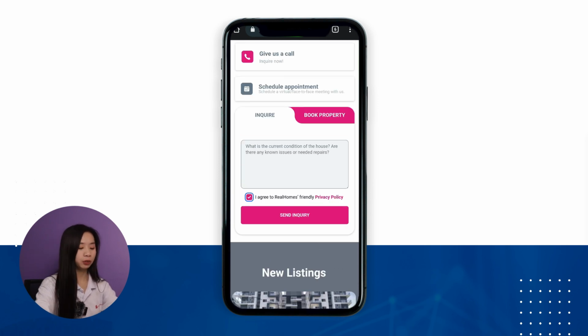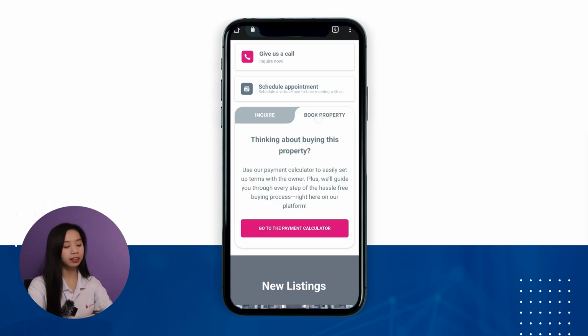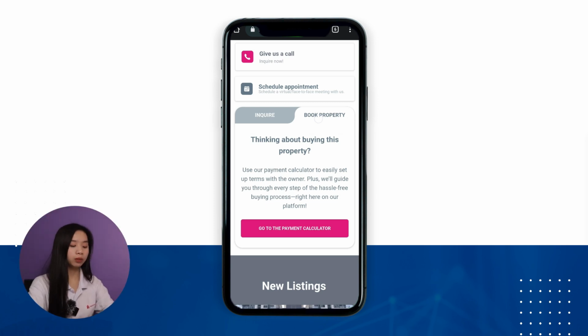After typing my question, I read and agree to the privacy policy. This ensures my personal information is protected and used only for the inquiry. Then I click Send Inquiry. The agent or broker will then address my inquiry and provide more details about the property. Now let's say I'm ready to proceed with the purchase. I click Book Property. This will take me to the payment calculator, where I formulate my payment plan and choose